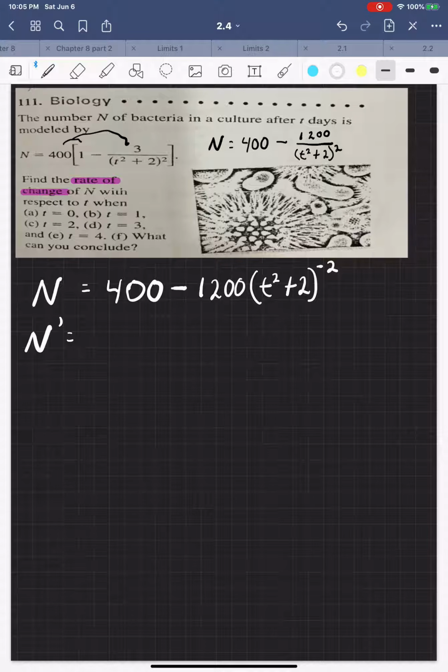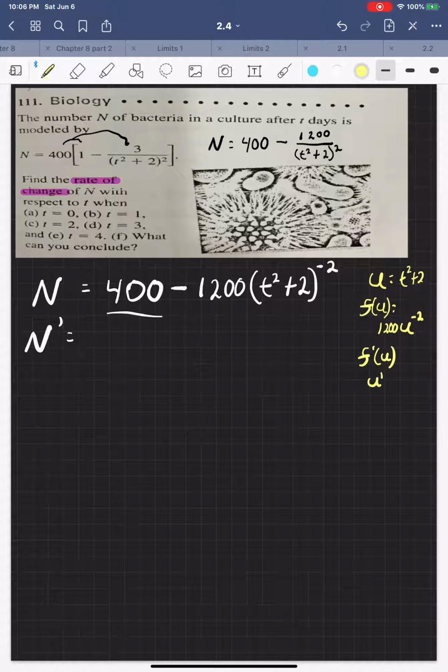So the derivative of 400 will zero out. And I'm going to go ahead and remember, you would need u, then f of u. You would need to go through this work. So in this case, u would be t squared plus 2. f of u would be 1200 u to the power of negative 2. And then I would need f prime of u and then u prime. So u prime would just be 2t, and f prime of u,